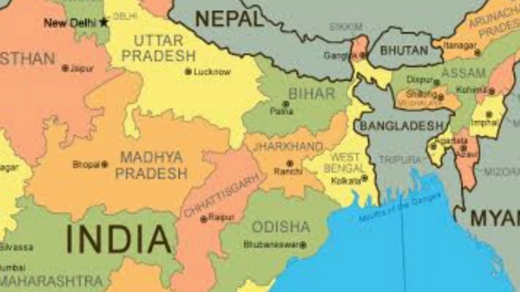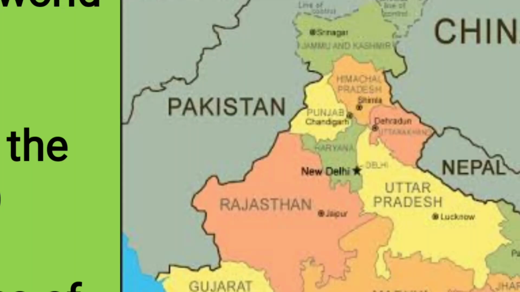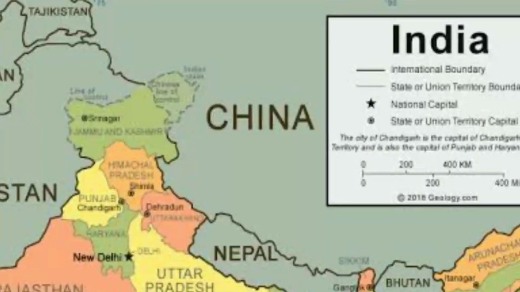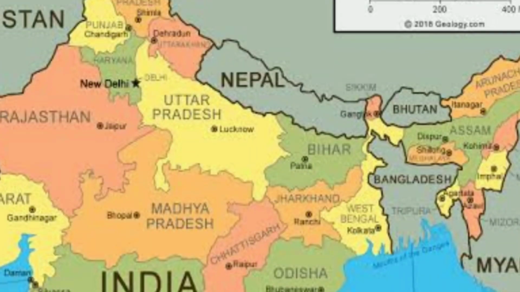So what did we learn about all the boundaries? All the boundaries of the northern side are covered by other countries or landforms. Those are Afghanistan, Pakistan, China, Nepal, Bhutan, Bangladesh, Myanmar. Once again, the countries are Pakistan, Afghanistan, China, Nepal, Bhutan, Bangladesh and Myanmar. So if we ask what the neighboring countries are, you need to name these. We have other neighboring countries too, because we have the nearest ones.